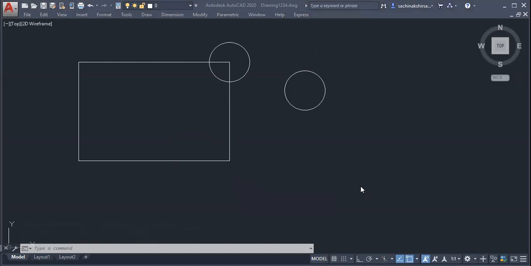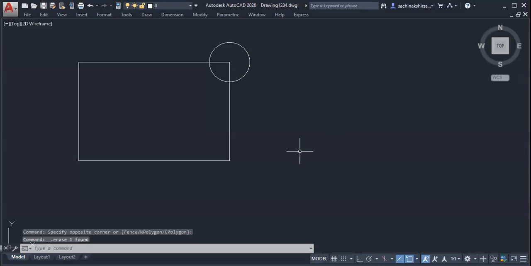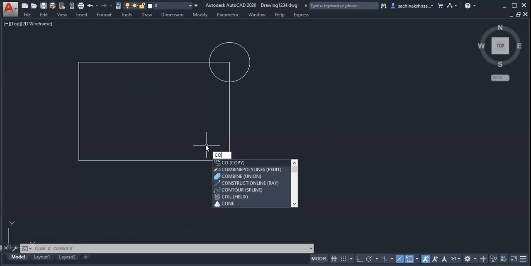I want to copy this circle to the remaining three corners also. Shall I use the copy or move command? Copy. I have to use the copy command.